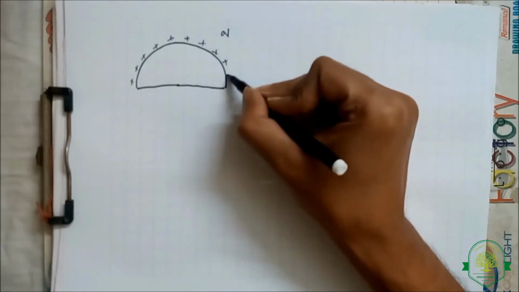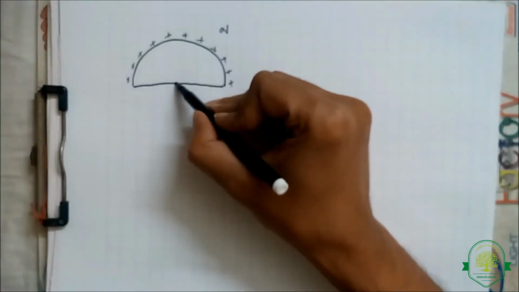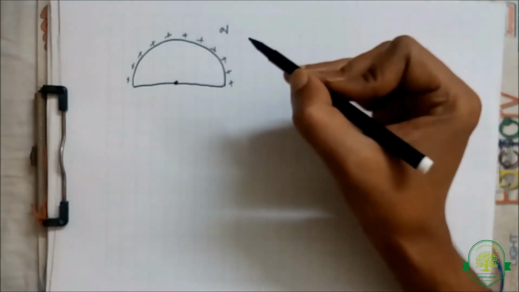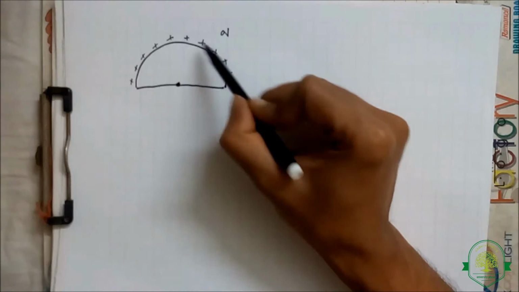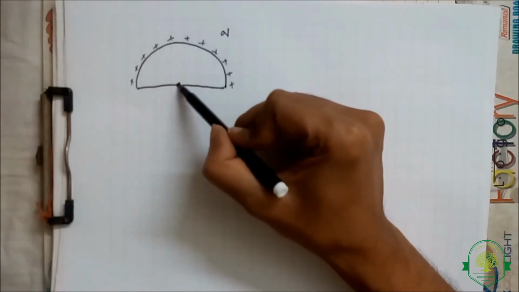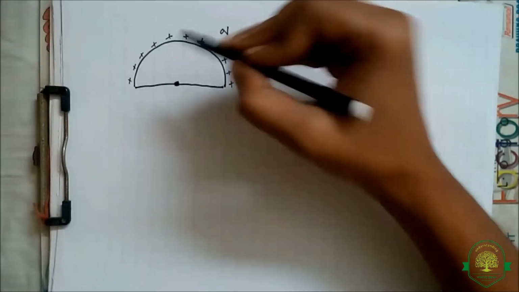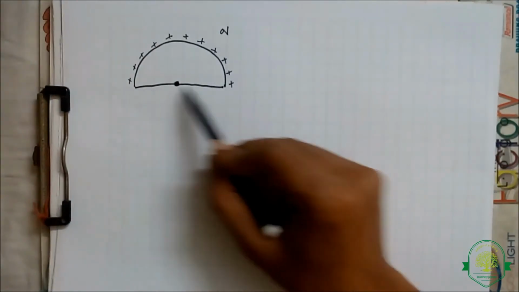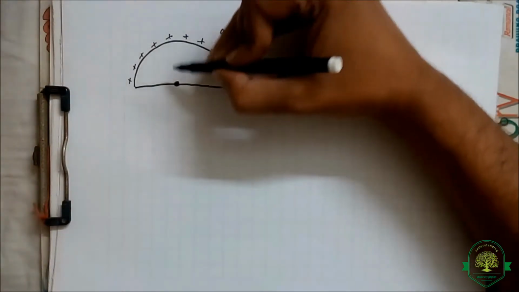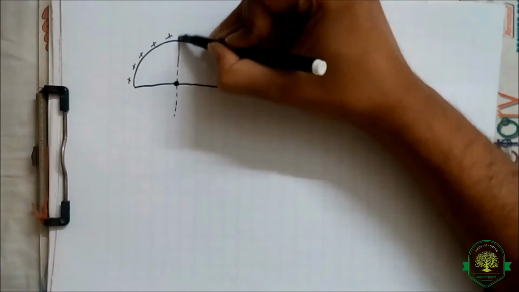and we are asked to find out what the electric field is that this semicircular, uniformly charged wire creates at the center of the circle. So for that we have made one diameter. Let us make another one,